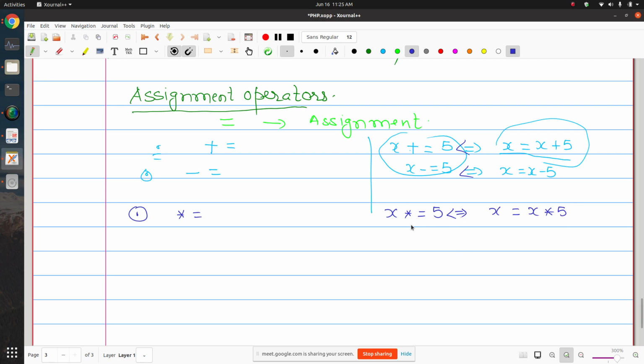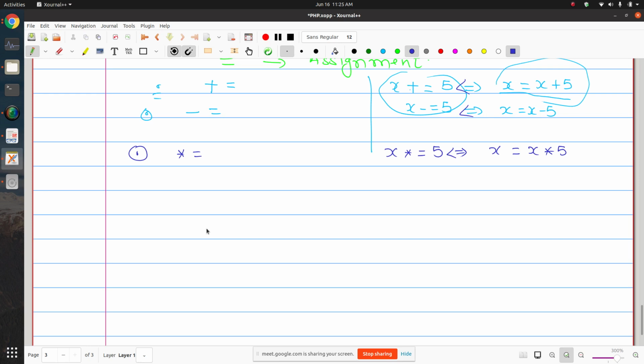तो आप चाहे ऐसे लिखिए या ऐसे लिखिए, ये थोड़ा सा कंसाइज वे है लिखने का. So these are the options for you. आपको फोर्स नहीं कर सकते, you can use this expression also. Then we also have slash equal to. This is for division actually. So it means x equal to x divided by 5.